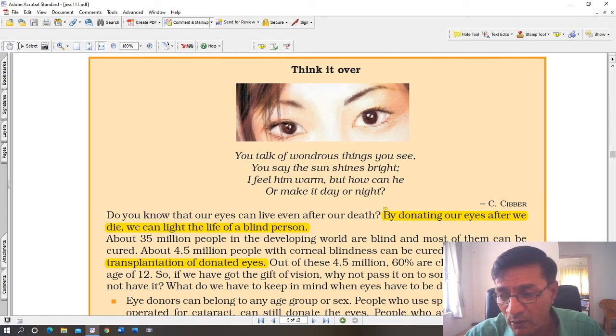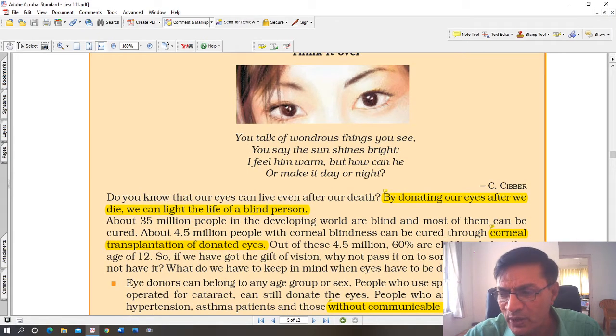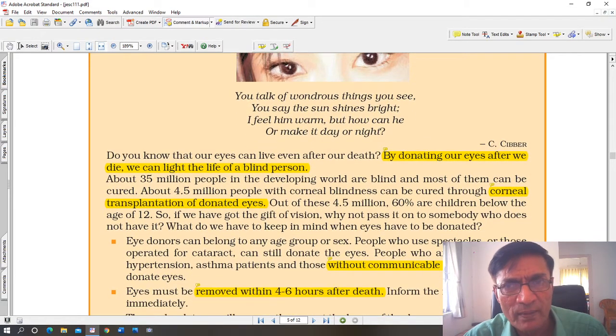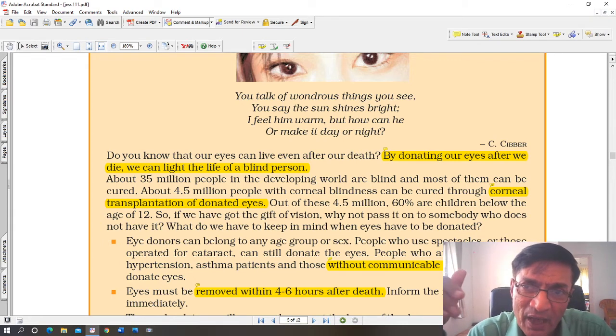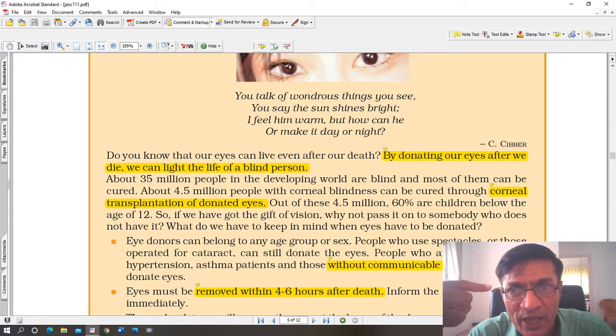It's not possible. Now you can see here that you can actually donate your eyes. Eyes are precious. When a person dies, whether he is buried or cremated, he no longer needs his organs, he no longer needs his eyes. But if he has a good pair of eyes, without any infection, he can donate his eyes. And by donating his eyes, he can allow someone else to see properly. People who are blind, their vision can be restored, provided of course the blindness can be corrected. For example, in certain people the blindness cannot be corrected. It is almost permanent.